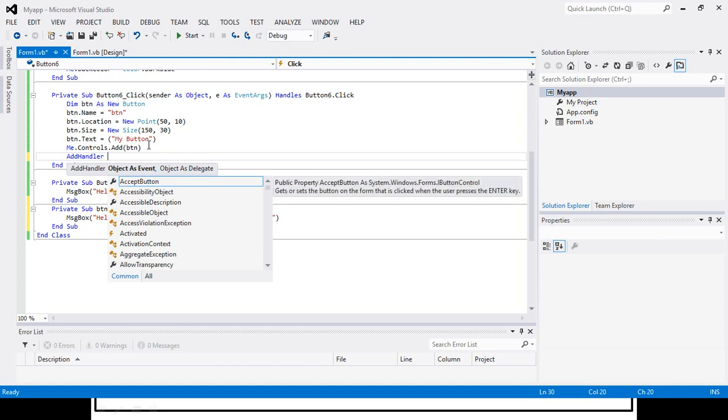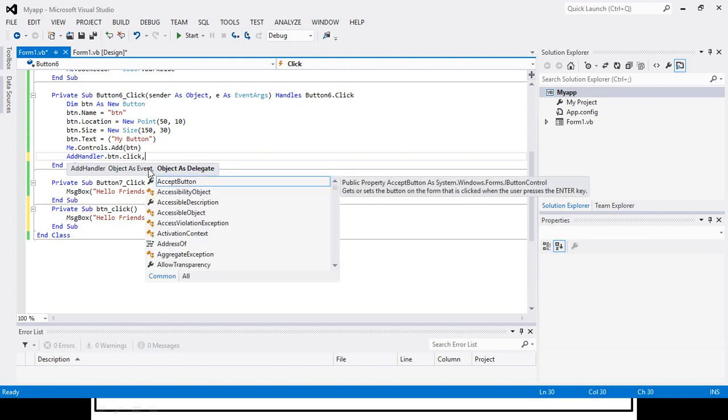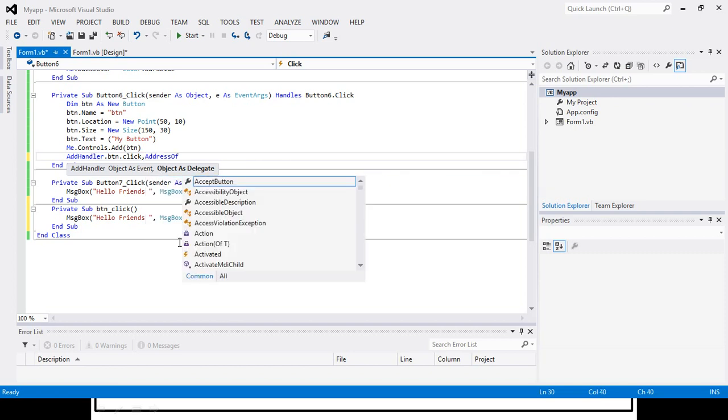So AddHandler, here it is providing us help: object as event. So what is the object? btn. Okay, btn, and what is the event? Click. Click is our event, and what is object as delegate? For that we are required to specify the address of btn.